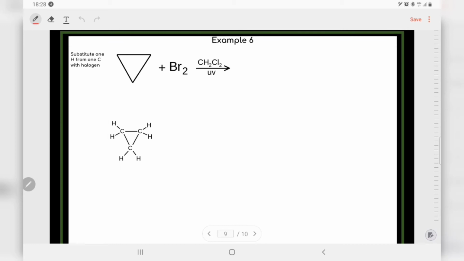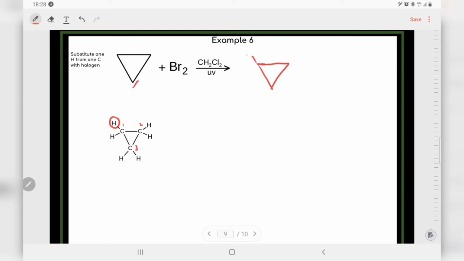Cycloalkene reaction. So, when cyclopropane, here we have cyclopropane, react with Br2 in dichloromethane and under condition UV, each hydrogen of each carbon has the probability to be substituted with halogen. So, we take a look at the 3 carbon. All 3 carbon have same number of hydrogen. So, 1, 2, 3. So, if we substitute hydrogen from carbon number 1, we will form